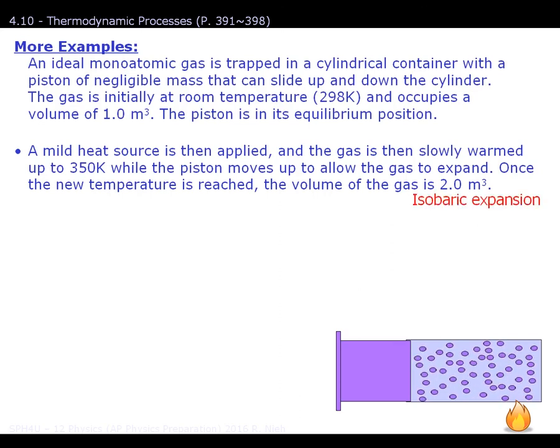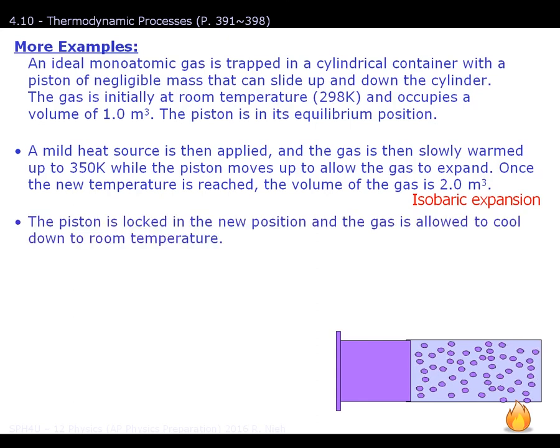isobaric expansion. The piston is now locked in its new position, and the gas is allowed to cool down to room temperature. Again, when the temperature of the molecules decreases, the molecules move a lot slower. It produces a lot less pressure. So the pressure inside this container will then be less than the pressure outside. However, since the volume has not changed in this container, it is classified as an isochoric process, or an isovolumetric